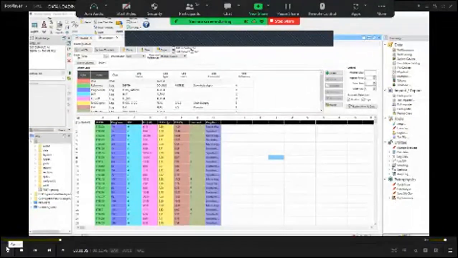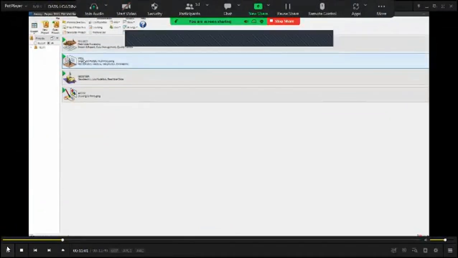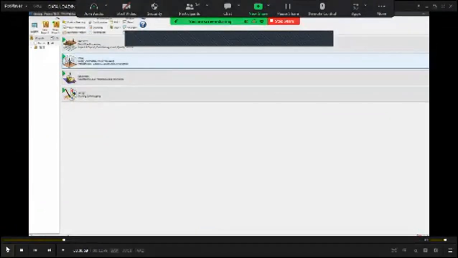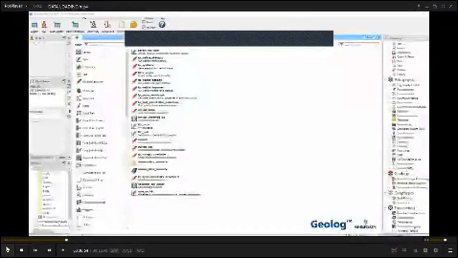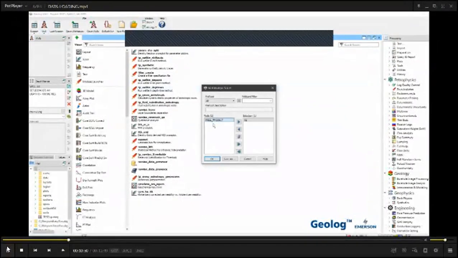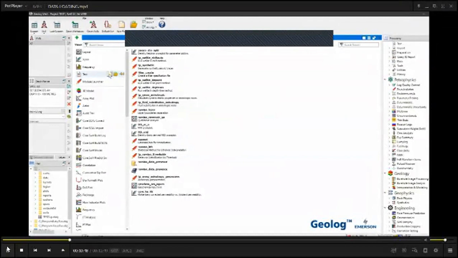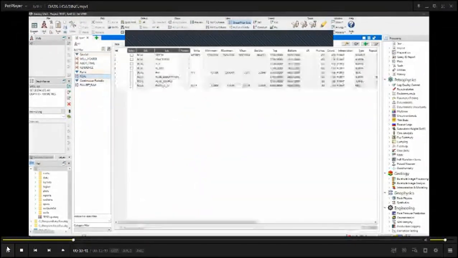After easy loading, we can go to the well page of Geolog. This is the technical and most important page of Geolog. In the well page, we access the loaded data of all wells of our project. We can change the different windows of the well page and design our user-defined workspace.